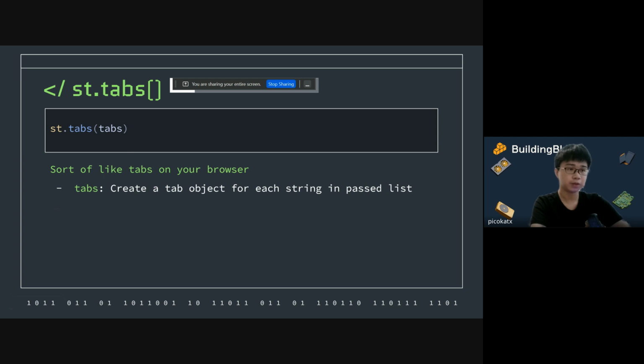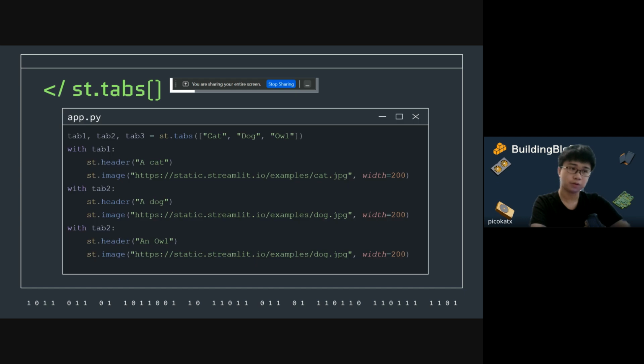Last but not least, we have Streamlit tabs. Streamlit tabs are effectively like the tabs on your browser. To create a Streamlit tab, you will pass in a list of strings, and each string will represent the name of one tab. These Streamlit tabs will return a list of tab objects, and each tab object can be used as a container. Let's take a look at an example of using Streamlit tabs to make a rudimentary image carousel. We have an image of a cat, a dog,